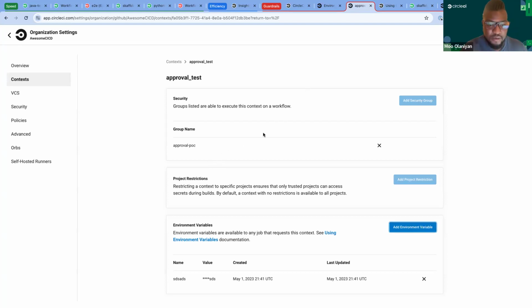But you can also see control, right? Anyone who needs to access these first has to go through project restrictions. So we can set project restrictions and say, hey, anyone, so long as they belong to project X, Y, and Z in this organization, or anyone, so long as they are a part of, let's say, the solutions engineering team or a backend team, whatever it might be, can access these contexts.